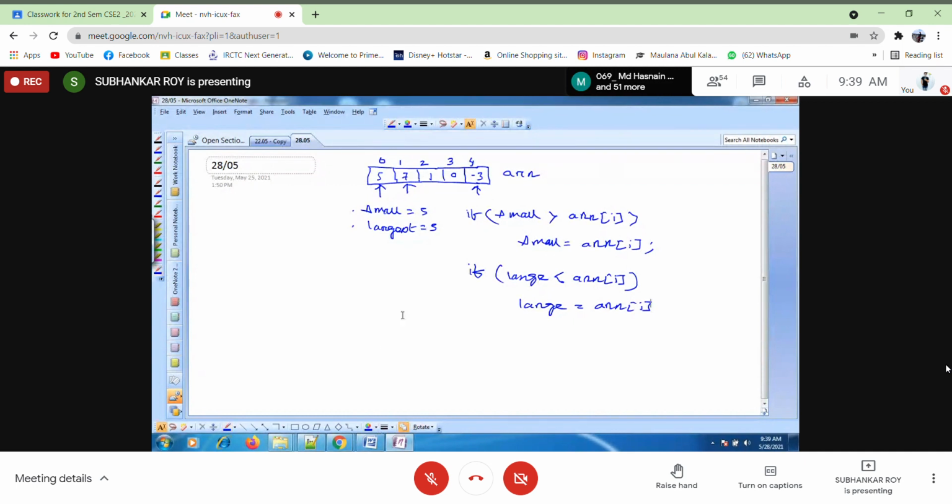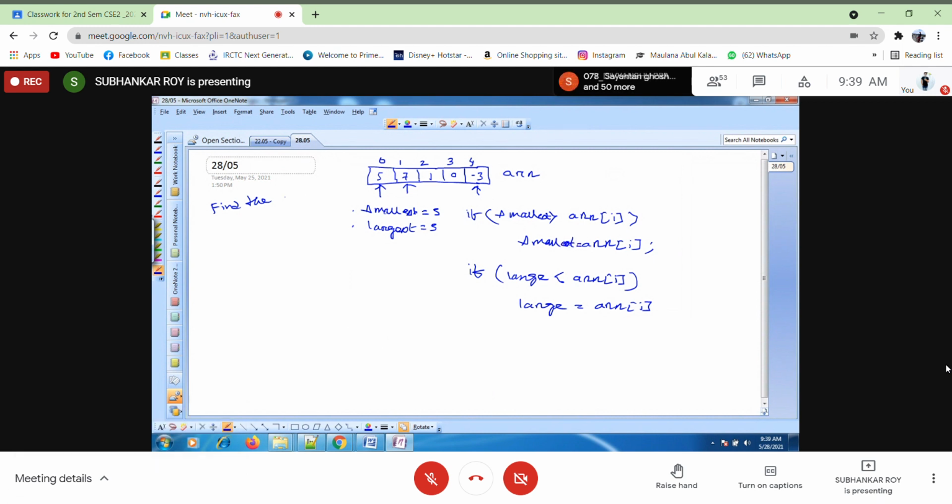The question was to find the smallest and largest element in an array. Actually, small means smallest element. Smallest equals 5.